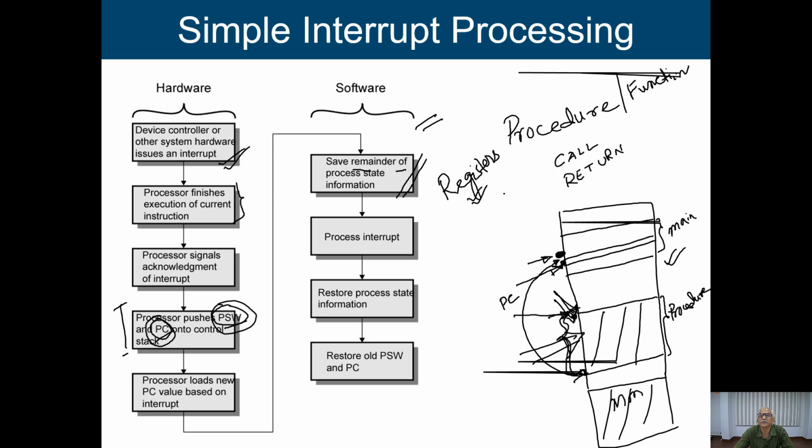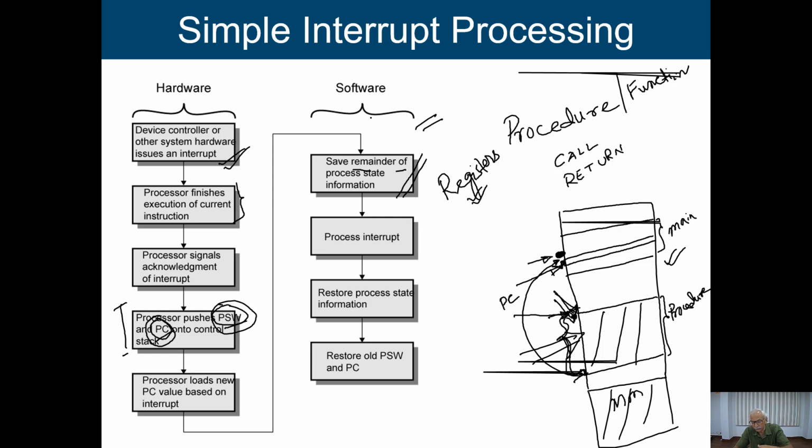Now we may have several registers, but while we are writing a program to handle it in software, we can see which registers are in use in the main program. We can store only that information. It is not required to push the information of all the registers to the stack.